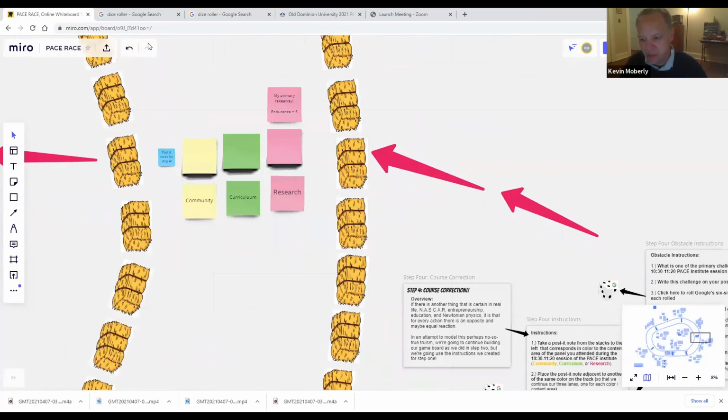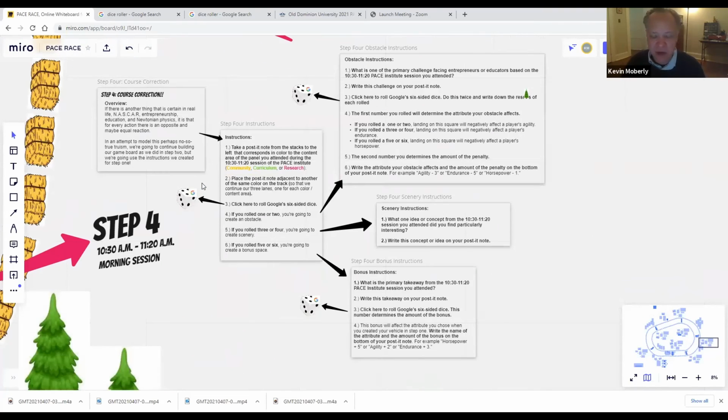Now it just struck me that maybe you didn't do step 1, you started with step 2. That's fine. In step 1, it said to create a vehicle that corresponds to what you think is your greatest strength as an entrepreneur. Is it horsepower? Do you have a good startup speed? Do you get things moving really quickly? Is it agility? Can you pivot or switch directions as need be? Or is it endurance? Do you have stick-with-it power? Do you just stick with things? I chose endurance when I made my vehicle, and that's why. All right, I will see you in step 5, which is